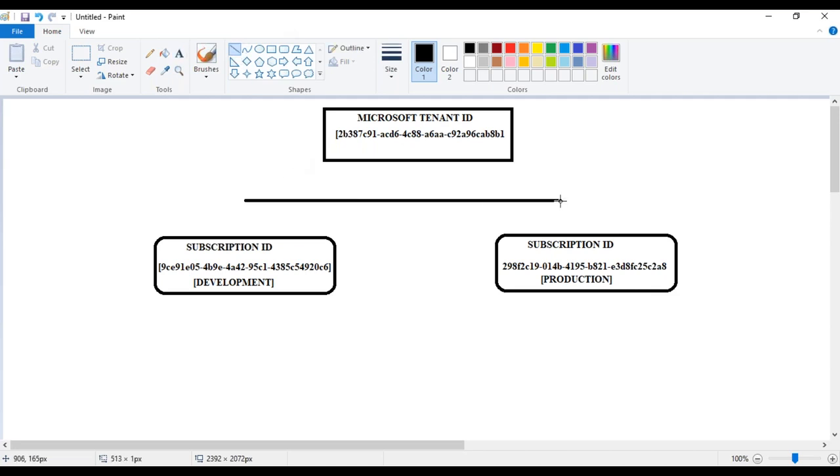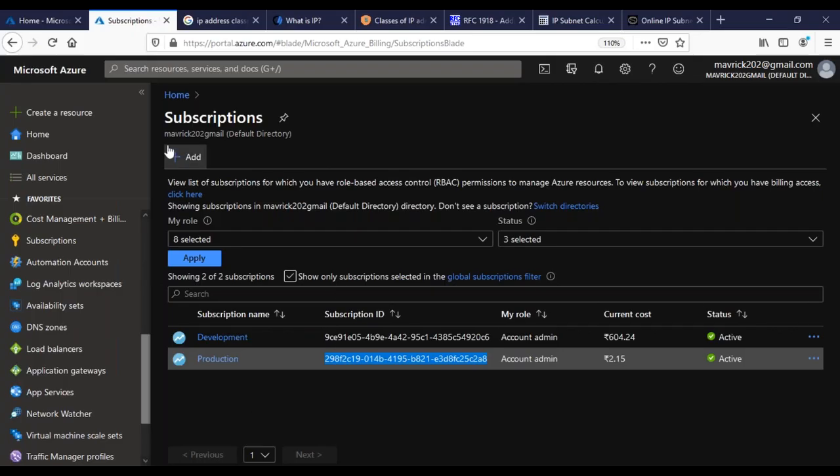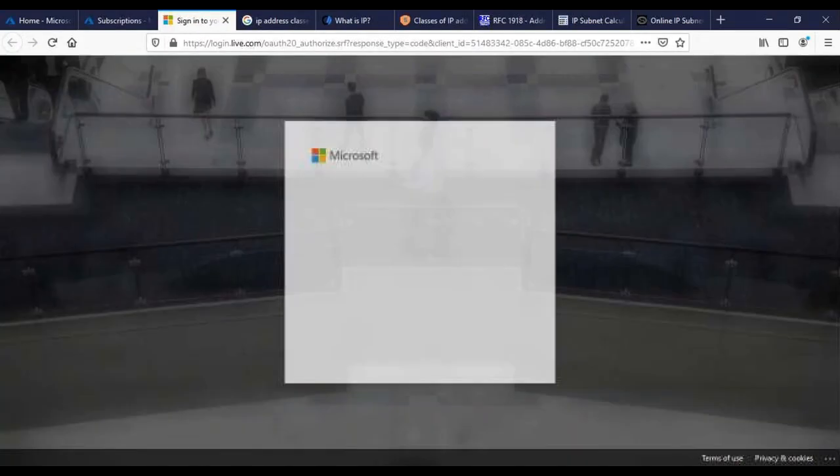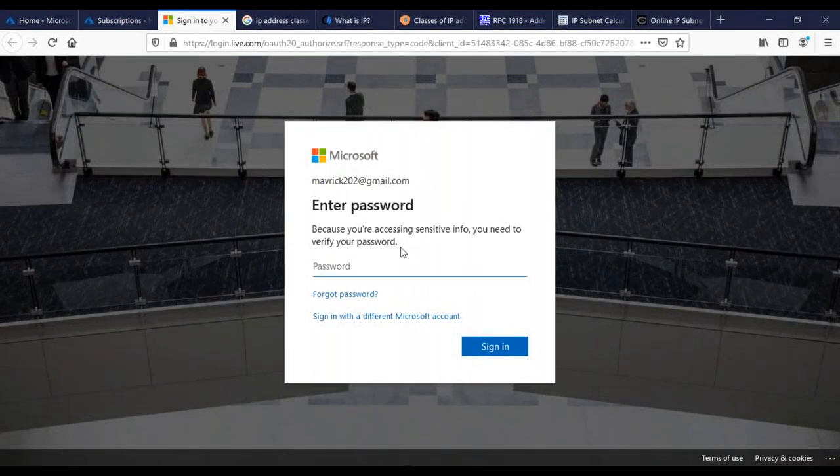So under the tenant, we're going to have subscriptions. Most probably when you're working in real-time environments, you're going to work inside a production, guys. I don't think you're going to create tenants. Maybe if you're lucky enough, you're going to create subscriptions. Sometimes they'll ask, okay, we are getting a new project, why don't you set up the new subscription? I'll tell you why you can't create a subscription: if you want to set up a new subscription, you need to enter your credit card details basically.